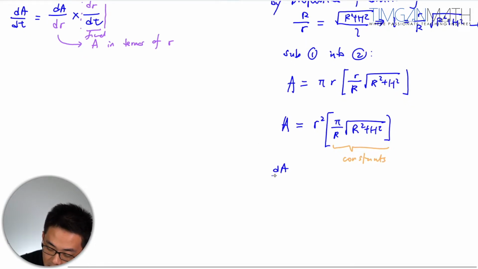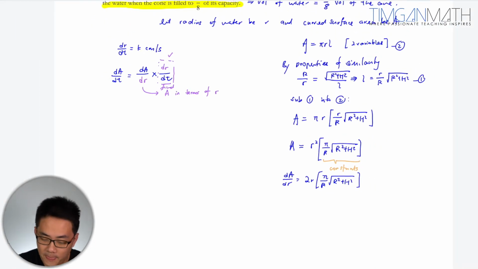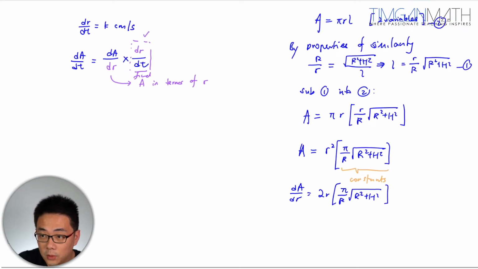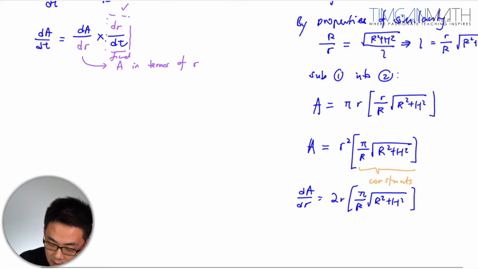So dA/dr, just differentiate r squared. Because these are constants, just leave it. So it's 2r times pi over the square root of r squared plus h squared. Great. So in other words, now if I were to substitute it in, so dA/dt will just be,